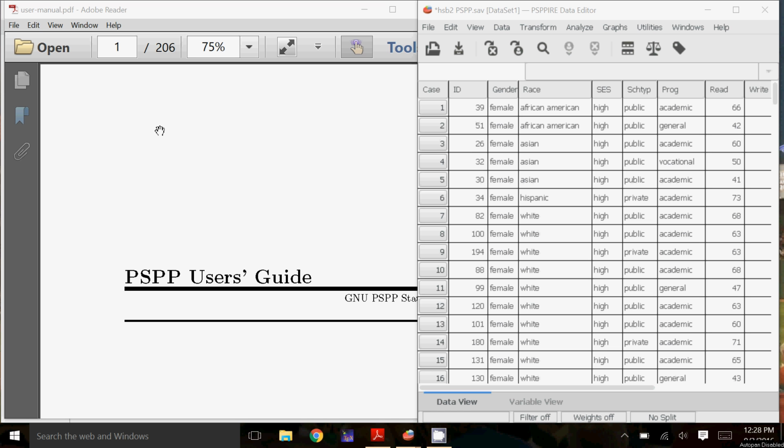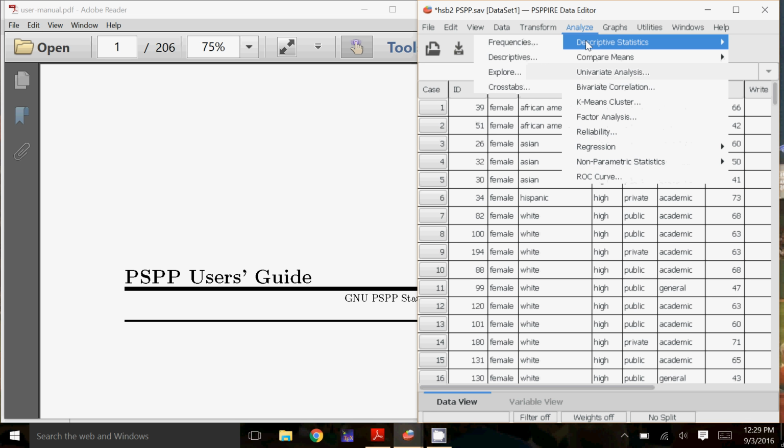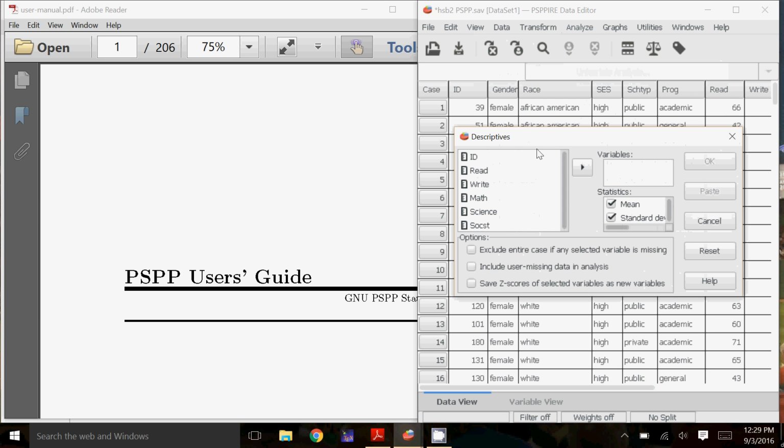Everyone. So today we're going to look at descriptive statistics, including percentiles and box plots. So I have my same data set up here from last time. And to do the descriptive statistics, again, we're going to go to Analyze, Descriptive Statistics, and then Descriptives. So it asks me what variable do I want the statistics on, and we'll go to the math variable again.